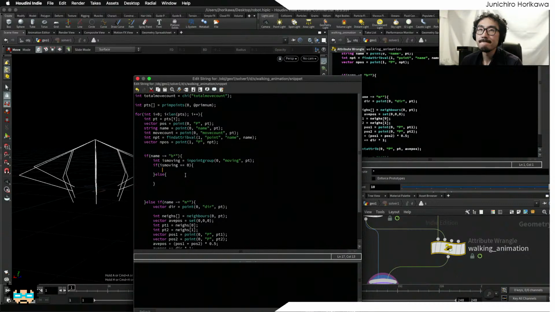So what I need to do is first calculate the distance, right? And the distance that I want to calculate is maybe not the center, but